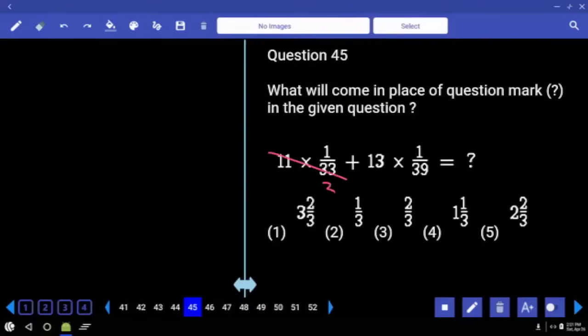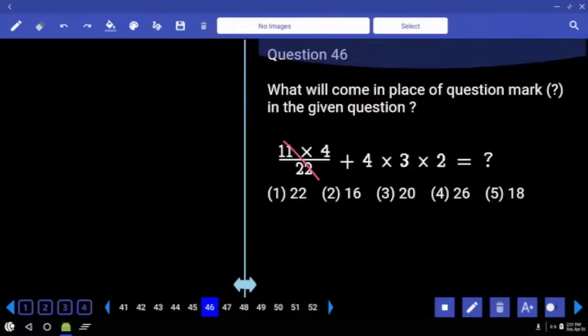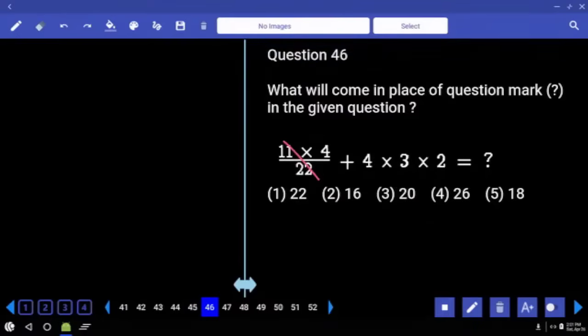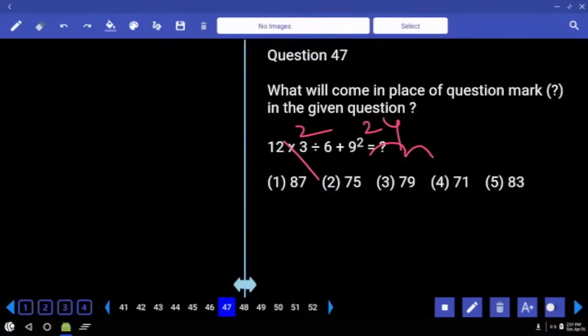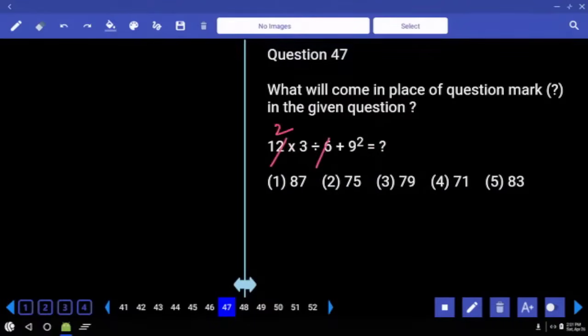11, 3 times, 13, 3 times, 1 by 3, 1 by 3, 2 by 3. Numerator 44 by 22, 2 times. 4 3 is 12, 12 into 2, 24, 26. Denominator 6 cancellation here, 2 times. 2 into 3, 6. 9 square. Answer